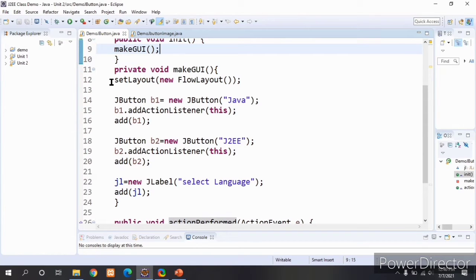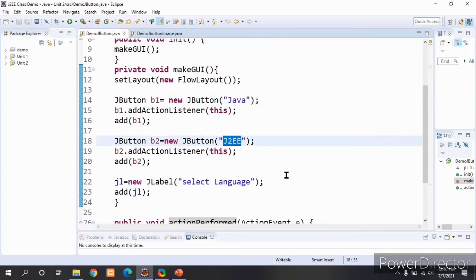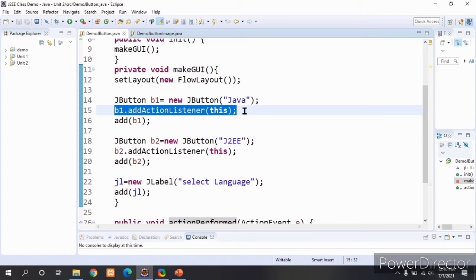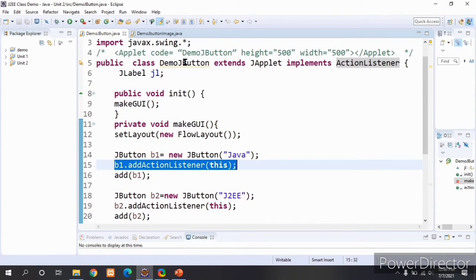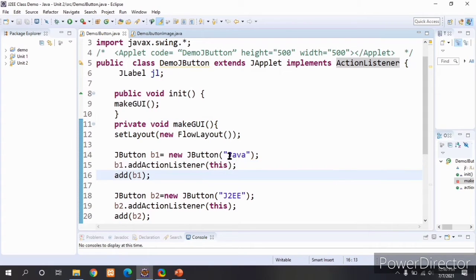I am setting the layout manager to flow layout manager. Next I am creating two buttons here, Java and J2EE. I am registering those buttons with the DemoJButton class. Why? Because it is implementing an ActionListener. When I click on the Java button, it will create an action event.